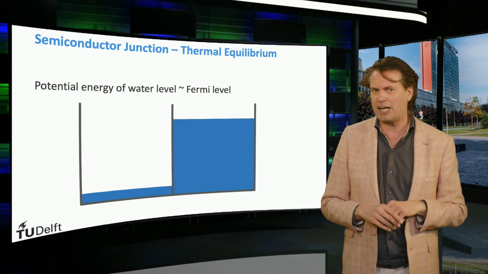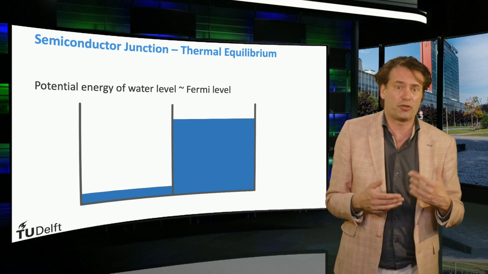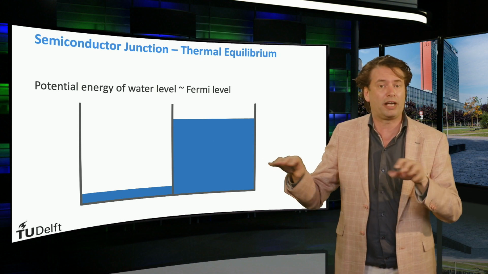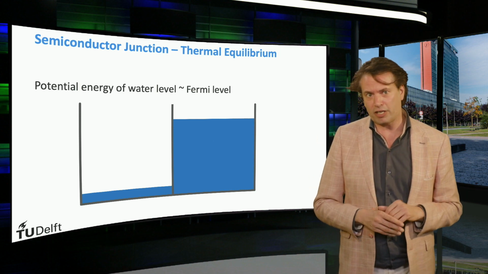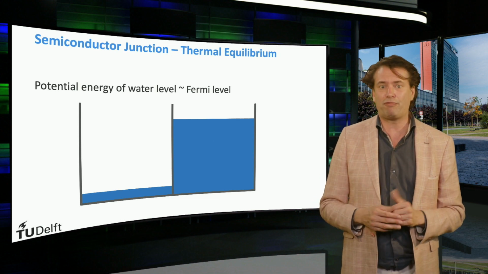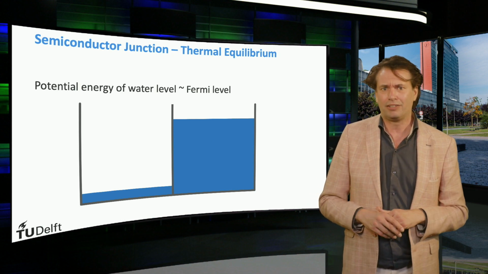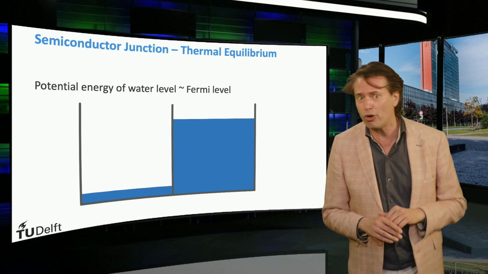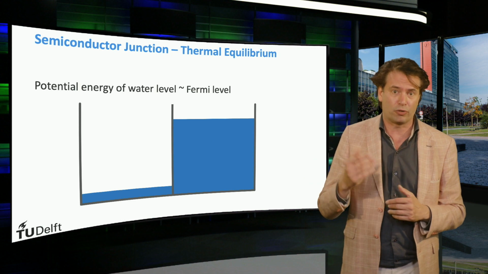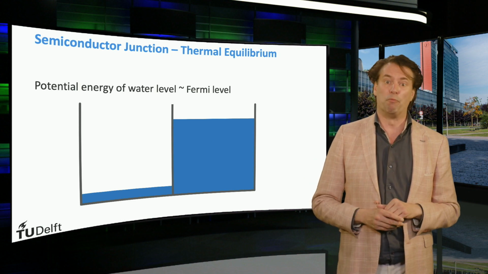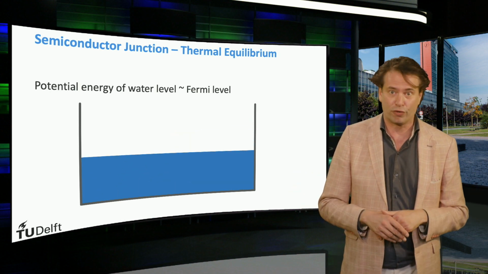I will try to visualize this using a very simple example. You can compare the Fermi level in a junction in thermal equilibrium with the water level in a water tank consisting of two reservoirs. The two water reservoirs are separated with a barrier. The left one has a low water level and the right reservoir has a high water level. Let's say the left side is the p region with a Fermi level close to the valence band, and the right side is an n region with a Fermi level further away from the valence band, closer to the conduction band. If we remove the barrier between both reservoirs, the water levels will, of course, equalize over the two reservoirs.